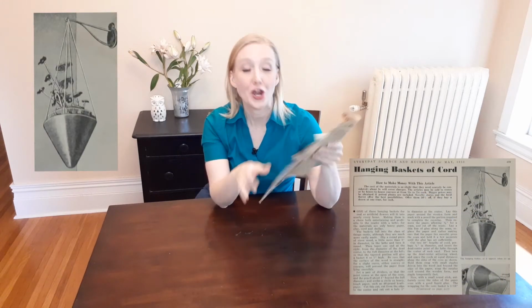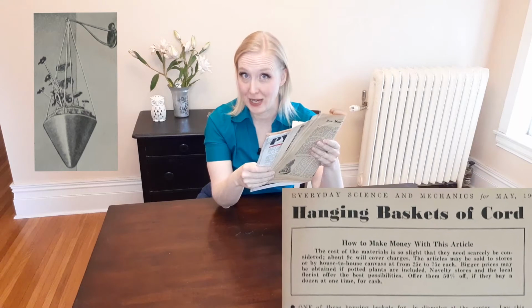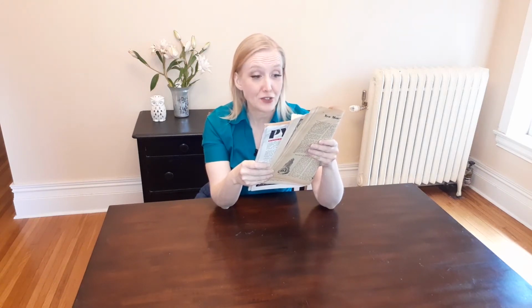So the article I want to take a look at today is called Hanging Baskets of Cord, which is directions to make this hanging plant holder. But before they even tell you how to make it, they've got this little inset at the top which says how to make money with this article. The cost of materials is so slight that they need scarcely be considered. The articles may be sold to store or by house-to-house canvas, and then they tell you the right kind of stores to go to and how you can set up discounts for bulk sales,